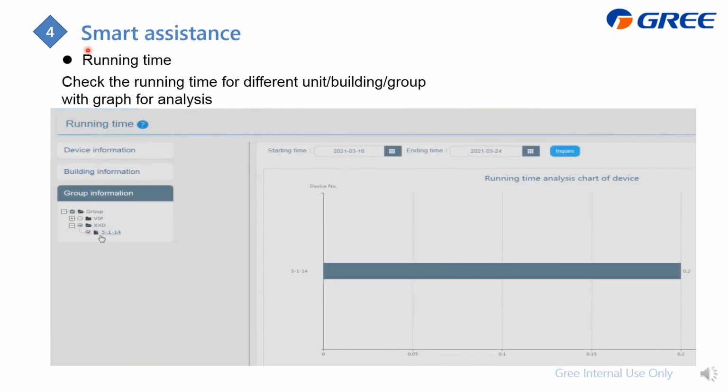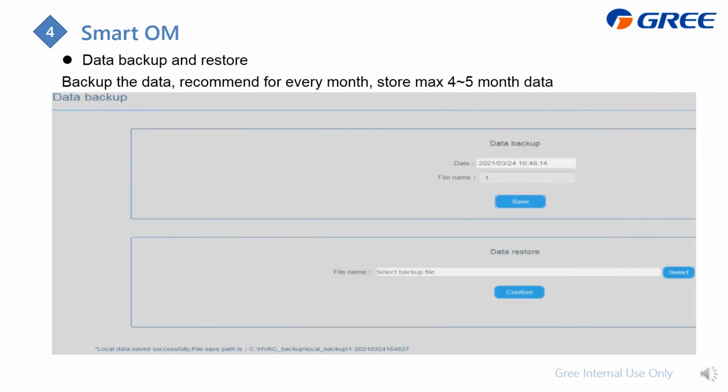Next is Smart Assistant running time, to check the running time of different indoor units. So we will offer you this one to check it. Data backup and restore. You should back up the data.